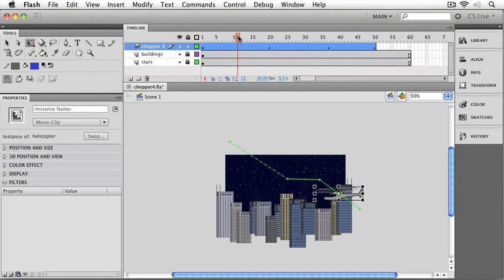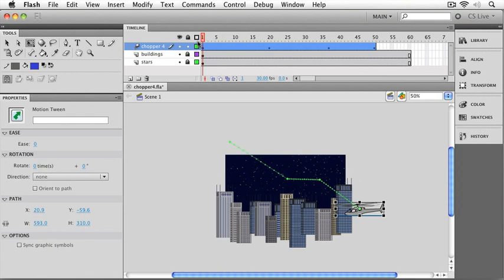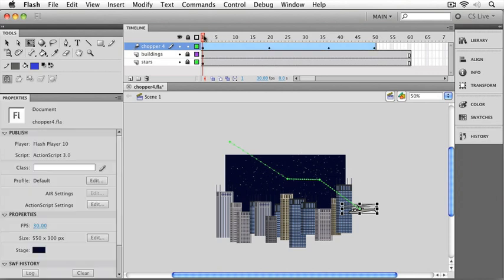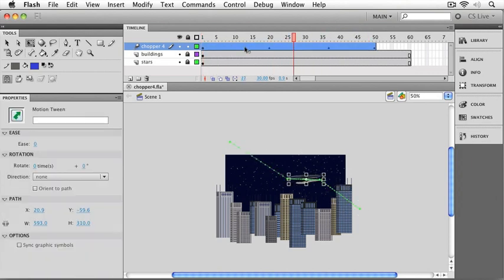Now, I'm going to start off by moving my playhead back to the beginning, and I'll change the starting point for the scale. I'm going to make the helicopter a lot smaller. If you hold down Shift, you'll get a uniform scale, and that way it won't distort or anything. Now, if I move my timeline forward, you can see that all we've really changed is the beginning scale point, and since we don't have any other settings for scale here, it's now flying at the smaller size instead of